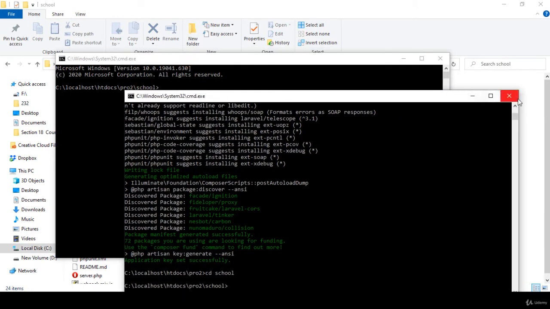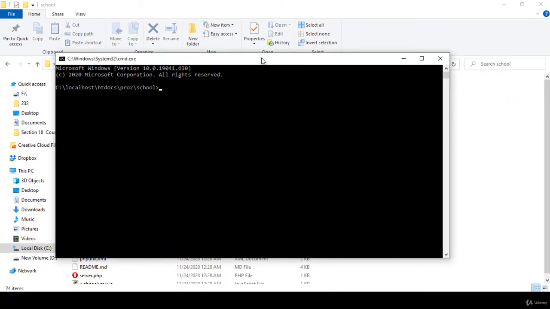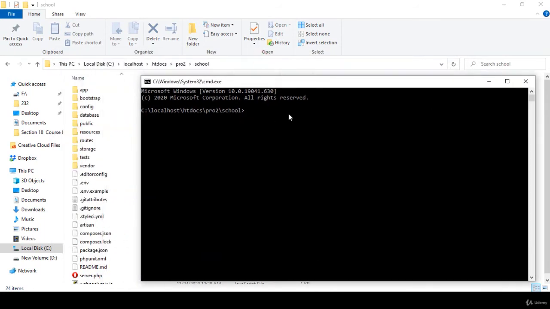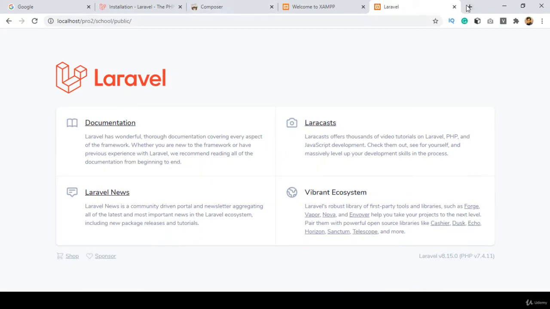Right now I don't need this, so I close it, and here I want to run php artisan serve. Now if you click enter, it will give you a development server URL. That is our development server URL. Now I simply copy it, and if you access that server and click enter,